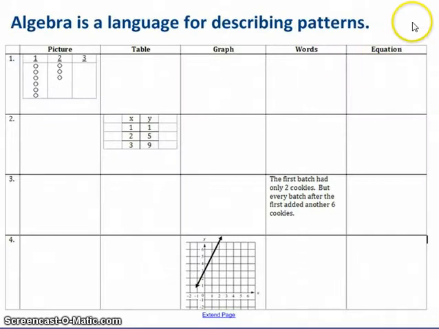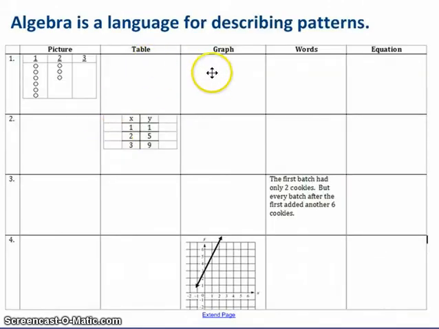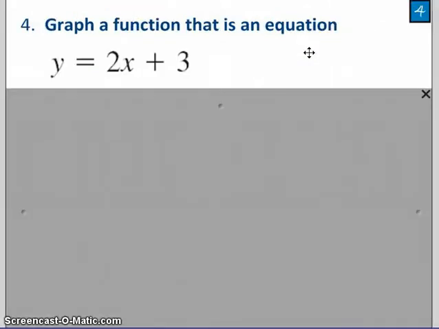Remember, I said algebra is a language, and that there are at least 5 different ways, certainly 5 ways we will study, for representing or communicating with that language. And 4 of these 5 are listed right here in this second paragraph of the textbook. Tables, graphs, equations, verbal descriptions. Tables, graphs, equations, and what I called words. Okay. The 4th out of the 5 things you need to know how to do is how to graph a function